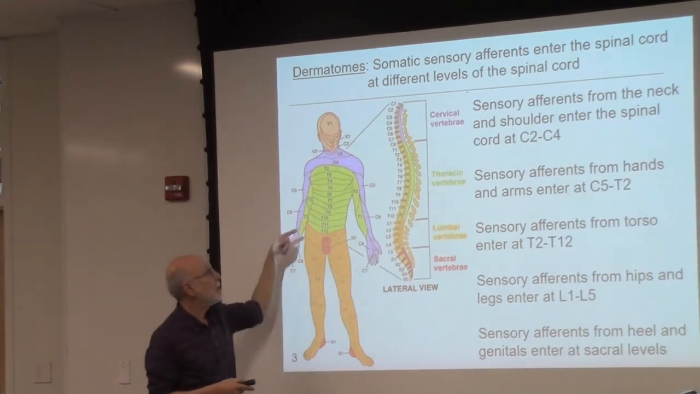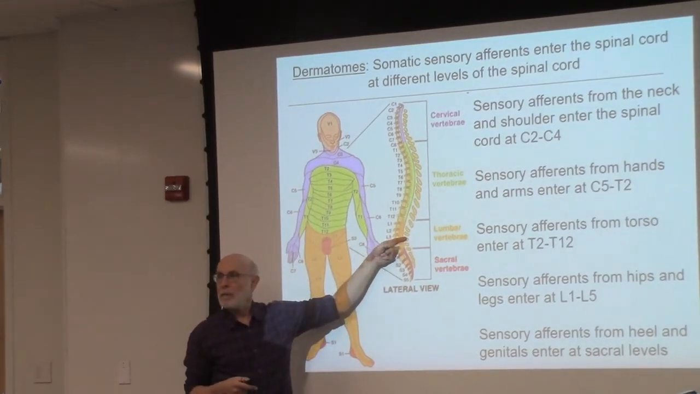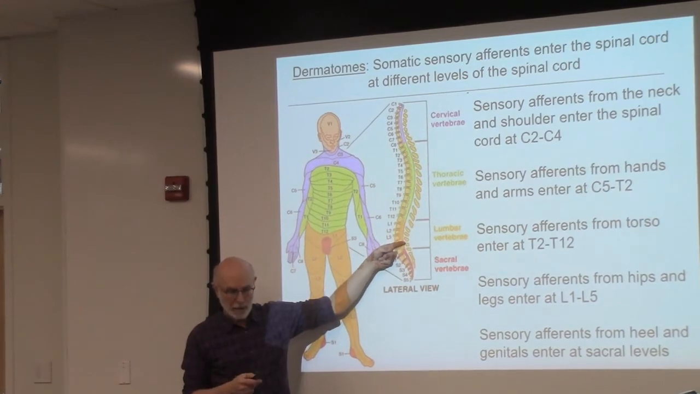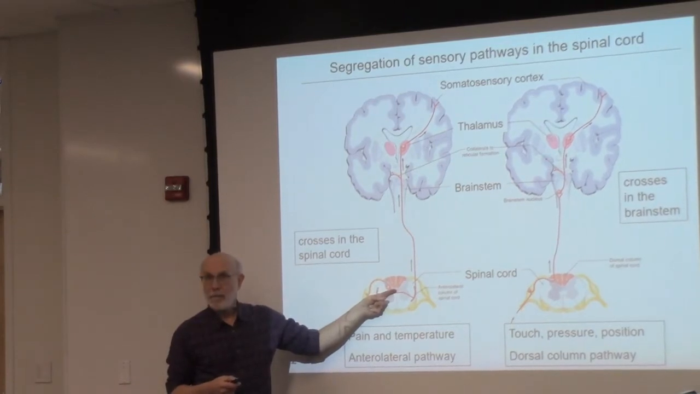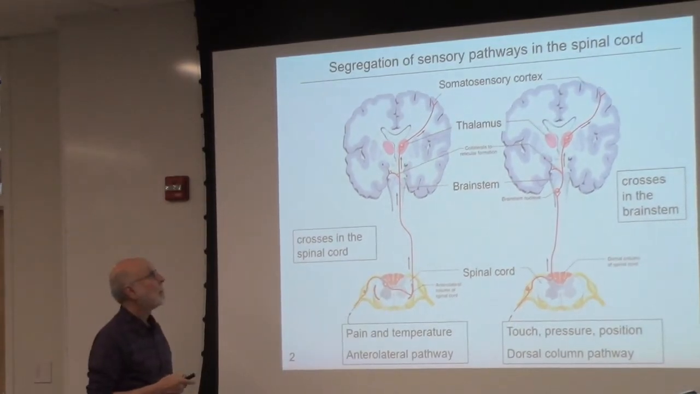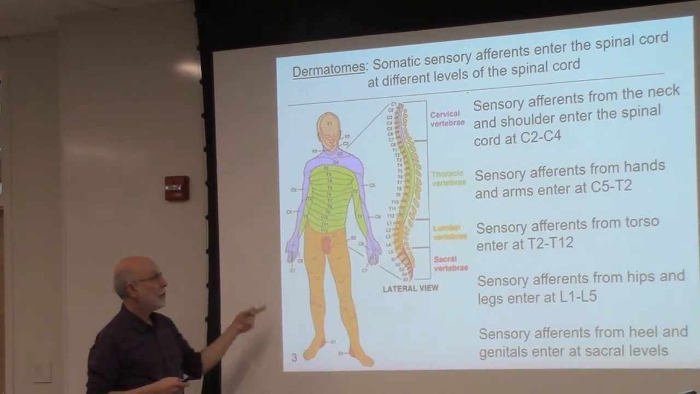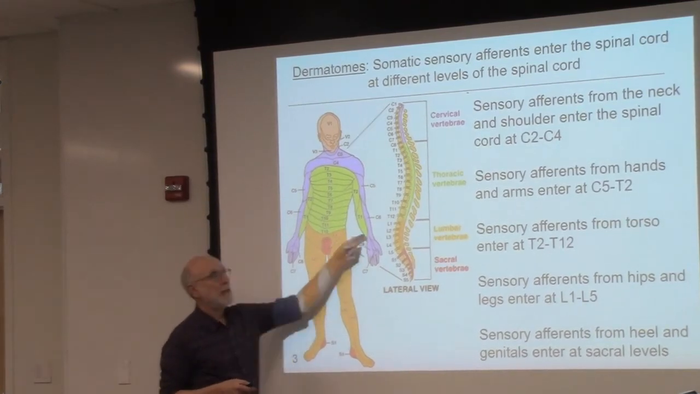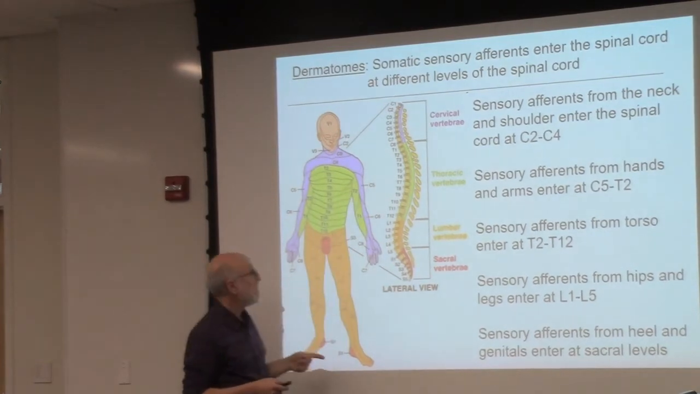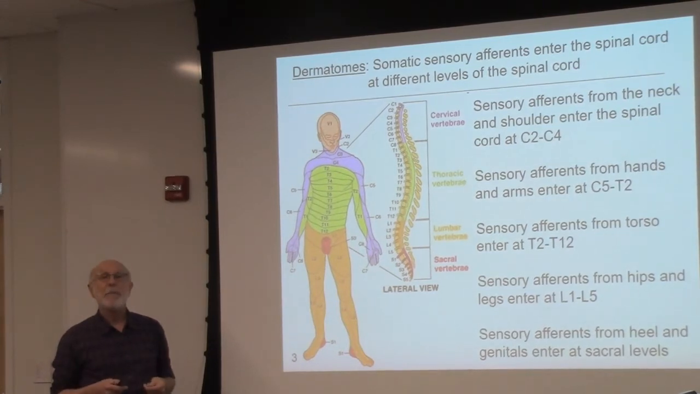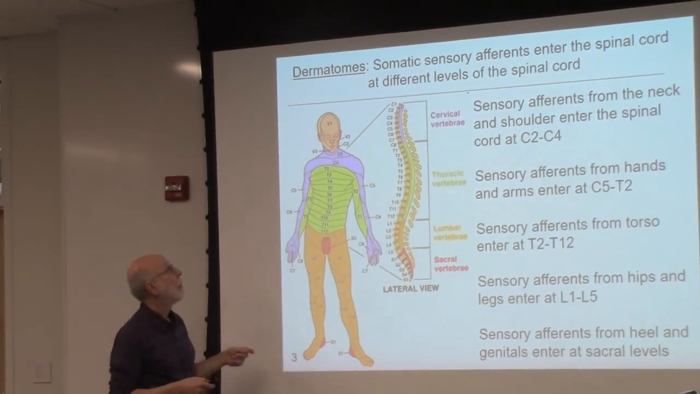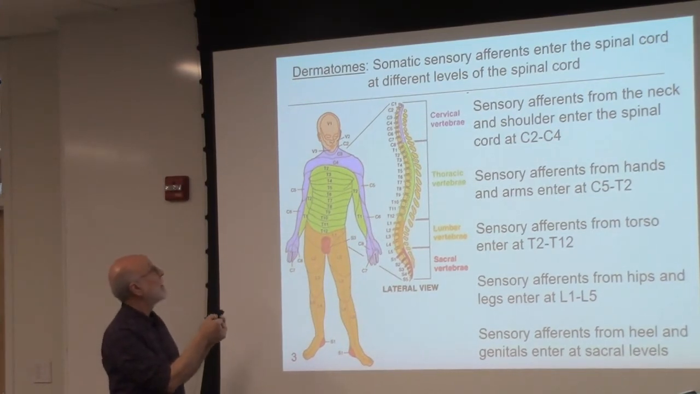So the dermatomes really define what spinal cord level the neurons enter the spinal cord. Different dermatomes have different entry into the spinal cord and then go to the brain. And different dermatomes have different sensory receptive fields. So you may know that the receptive field of the lips and face